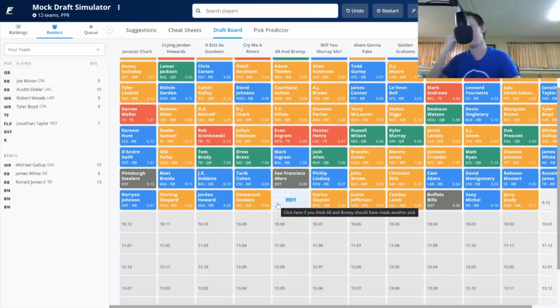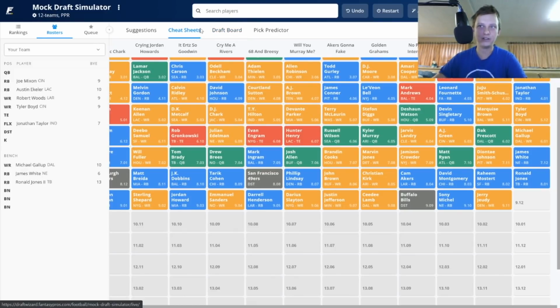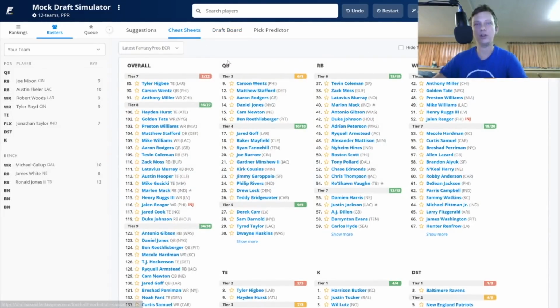Now, Sony Michel, man, I have no idea what's happening with him. I have no idea if he's going to start. I have no idea if Damien Harris is going to start. So I'm just picking Damien Harris later, saying fuck off to Sony Michel, even though I did like him a lot. But that arthritis knee is scary. Like Terry McLaurin in the 5th round, one of my favorite wide receivers. So we're going to load up on one more running back here. We're going